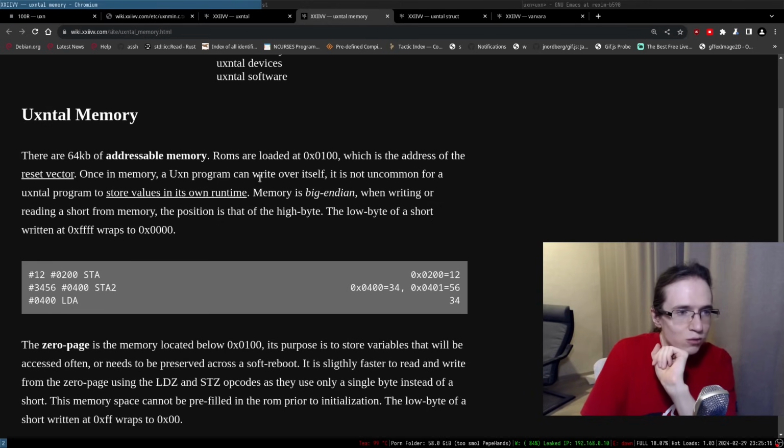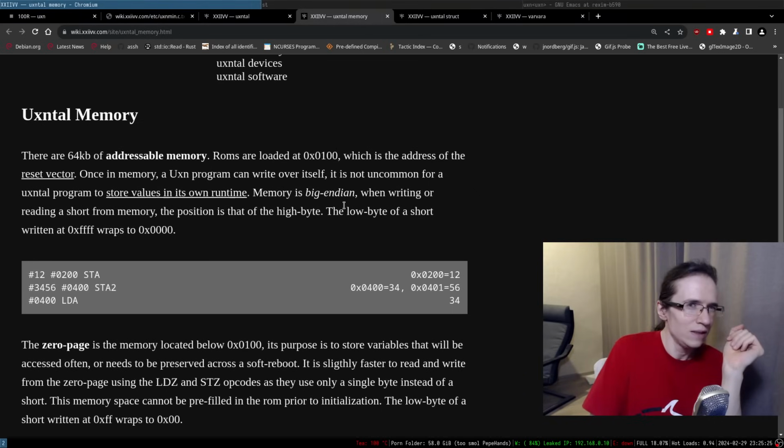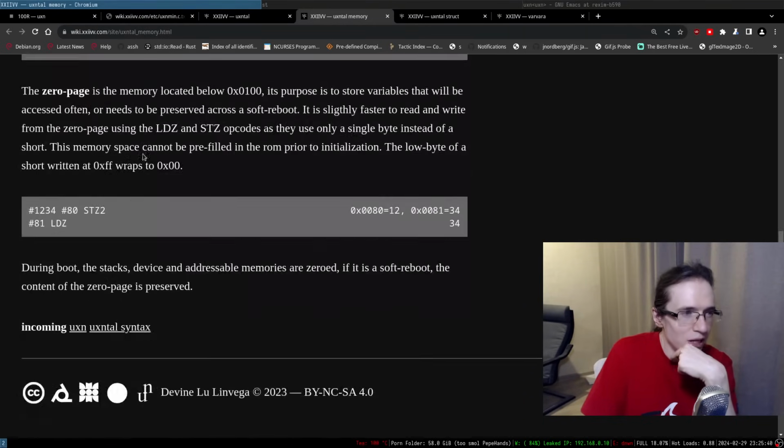Since a UXN program can write over itself, it is not uncommon for a program to store values in its own runtime memory. Memory is big endian. Really? When writing or reading a short from memory, the position is that of the high byte, the low byte of the short, and so on.